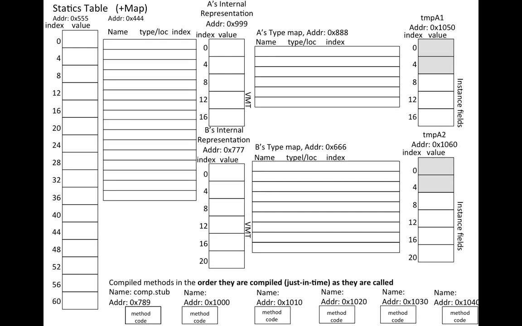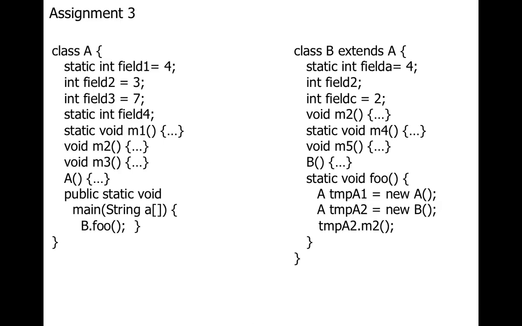At the bottom, we have all of the method addresses so that we can have a unified addressing. The compilation stub is at address 789 in the bottom left. If you look at the handout, I describe what addresses are where, and this slide sets all of that up for you. So now you can fill it all in with the information and the details from the methods and classes that I defined here. So we'll go through this all in class, do it yourself, fill in everything, and at the very end there's